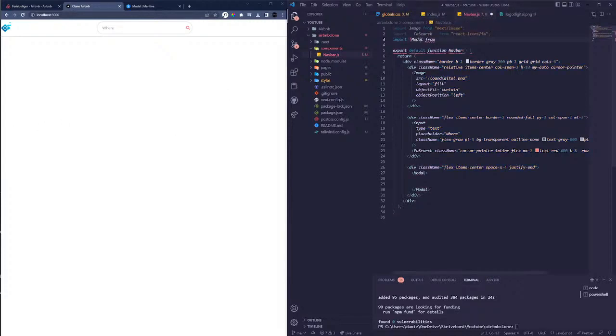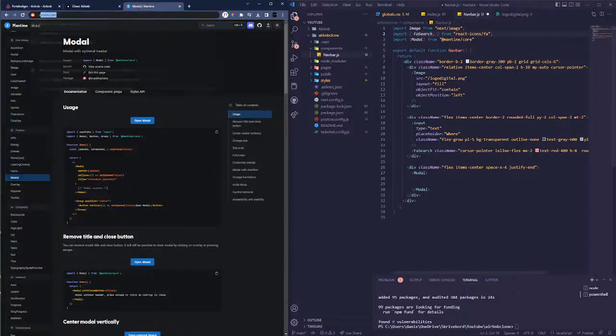This has to be like this. From add mantine core, exactly. So that's the modal. Let's see if there's some React icon for